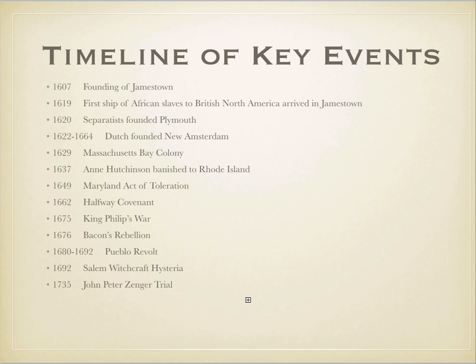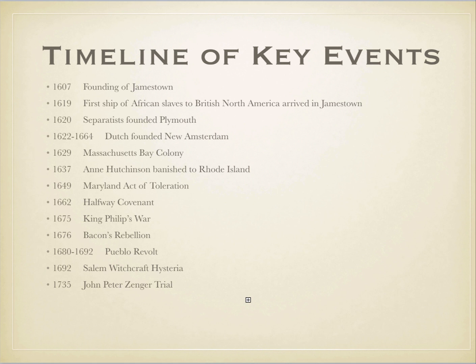But if you go to 1629, there will be a new set of British citizens who come here for religious reasons, but they were not looking to break away. The Massachusetts Bay Colony was simply looking to improve on the society. That is when their leader, John Winthrop, gave that speech referred to as a city upon a hill, but I'll talk about that later. Anne Hutchinson was one of the members of Massachusetts Bay who was banished to Rhode Island.